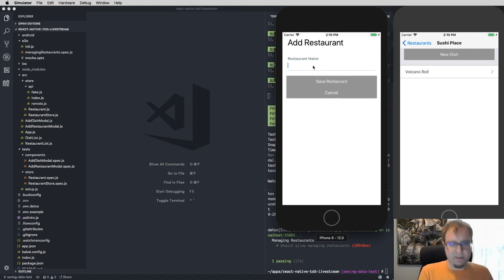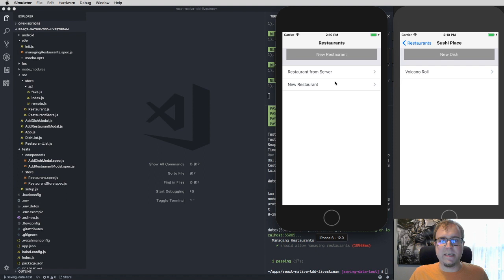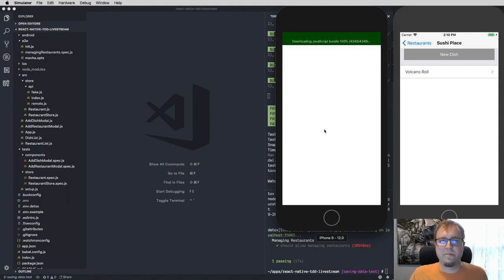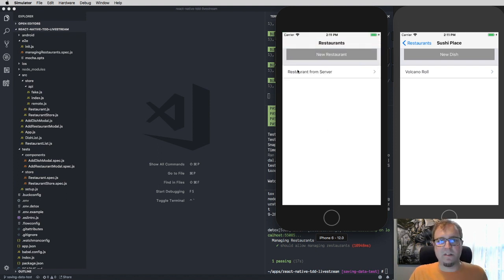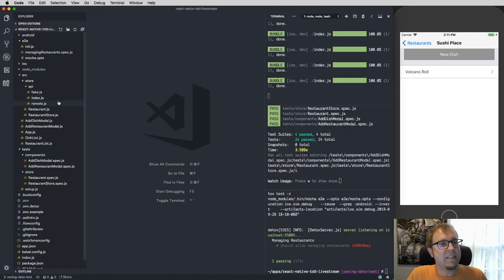So if we go in here, do new restaurant, and save it, we would want that to be saved to the server. But if we reload the app, we see that isn't saved to the backend API. It's just the one restaurant we had set up beforehand. So we want to get that saving working. And we can see that in our